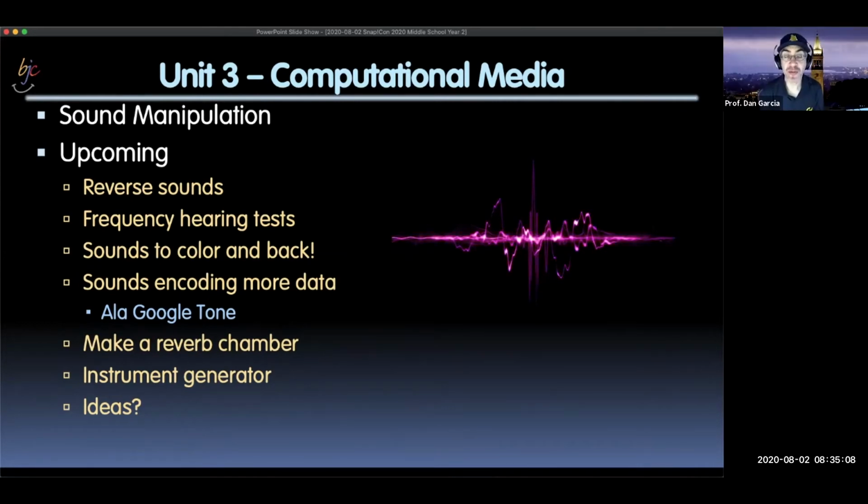How about a reverb chamber? How about some of the echo effects you get in Adobe Audition or some of these things where you're able to make a reverb, explain to them the basics behind what is reverb and how does that work? And could you make a delay? And how about an instrument generator? Could you make a trumpet? Could you make a violin? What does that look like? How would you even think about that? Talk about frequencies. I can't wait to show them some of the basics behind how notes, how time to frequency is, what a Fourier transform is.